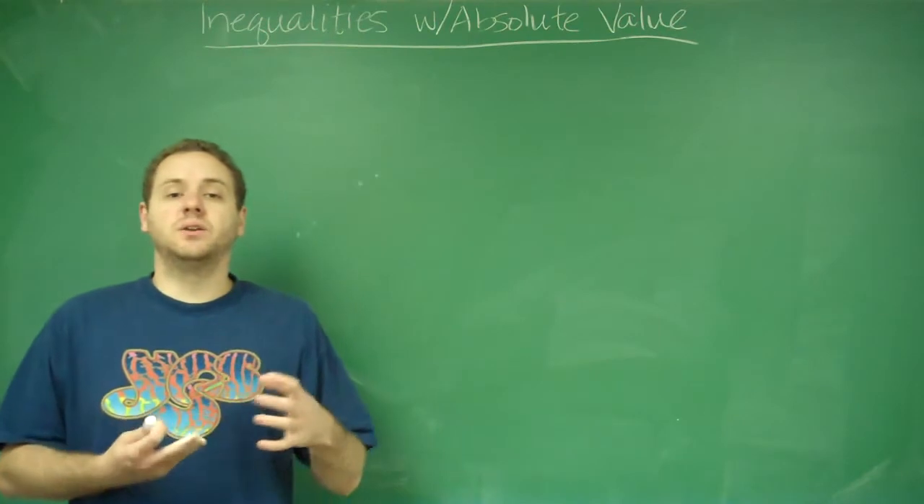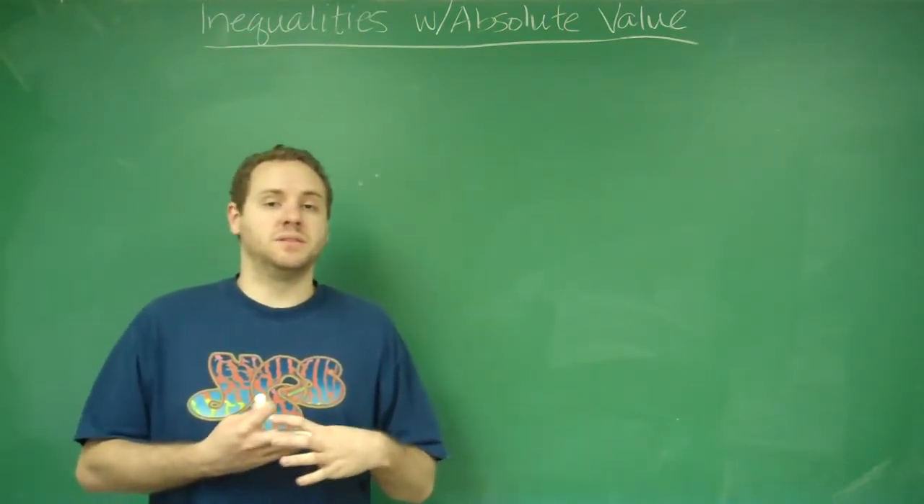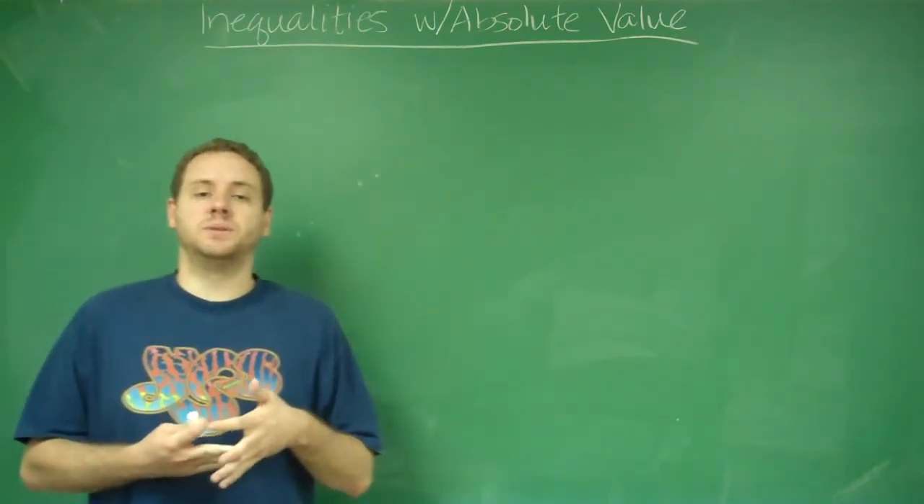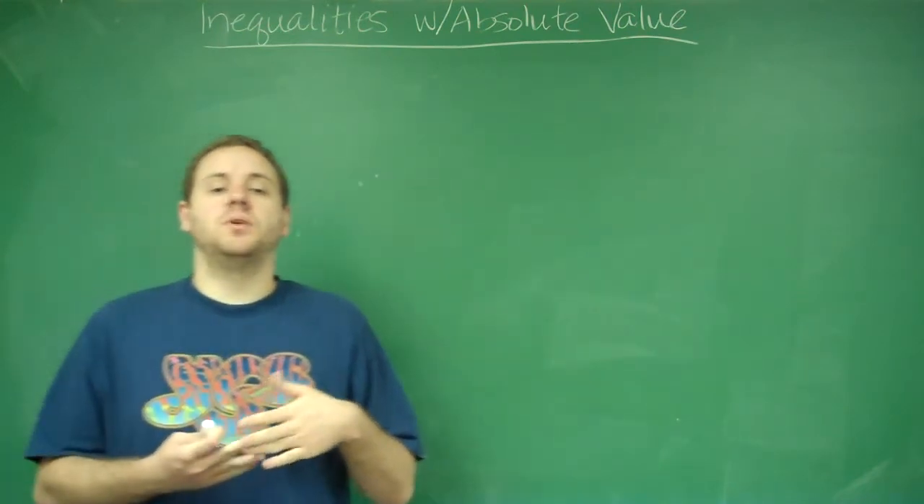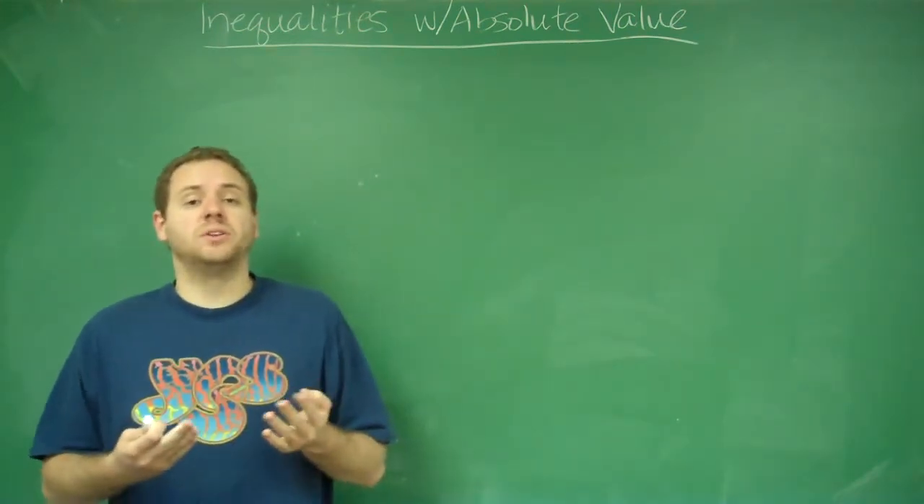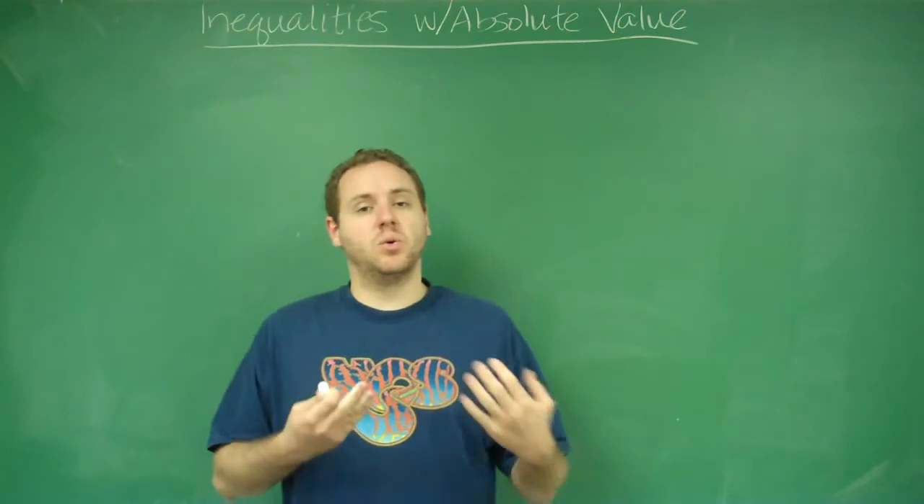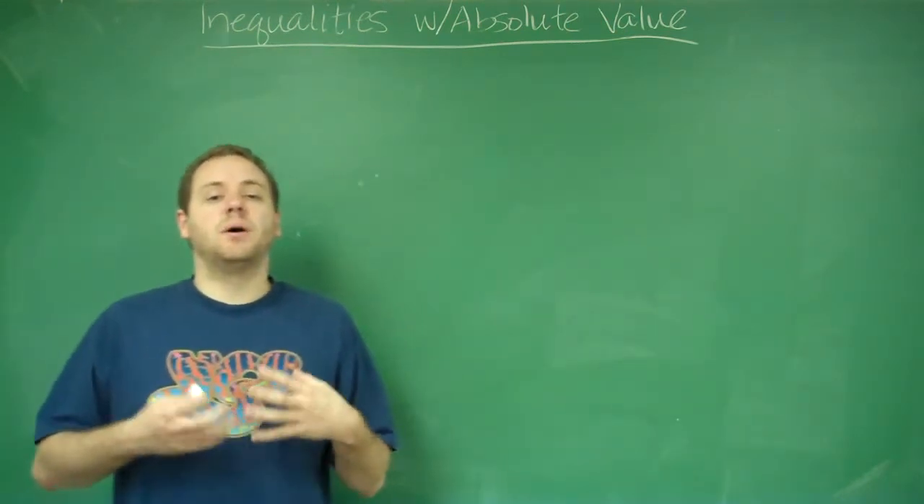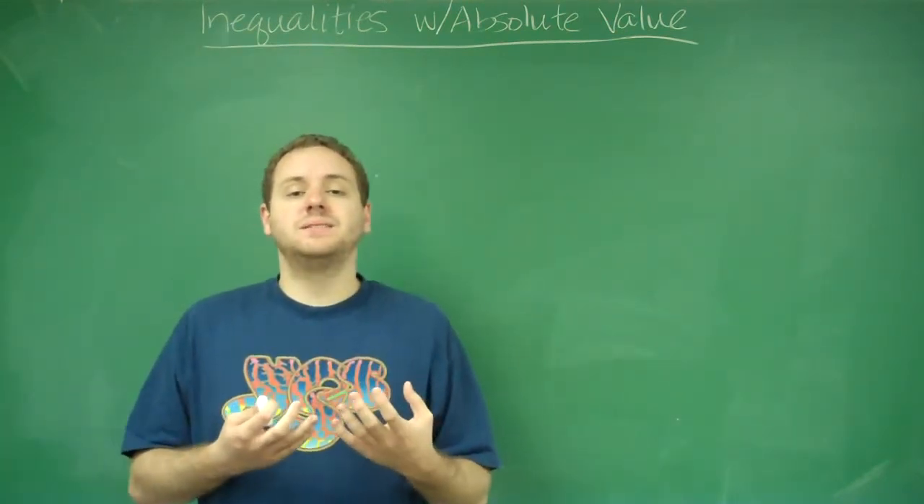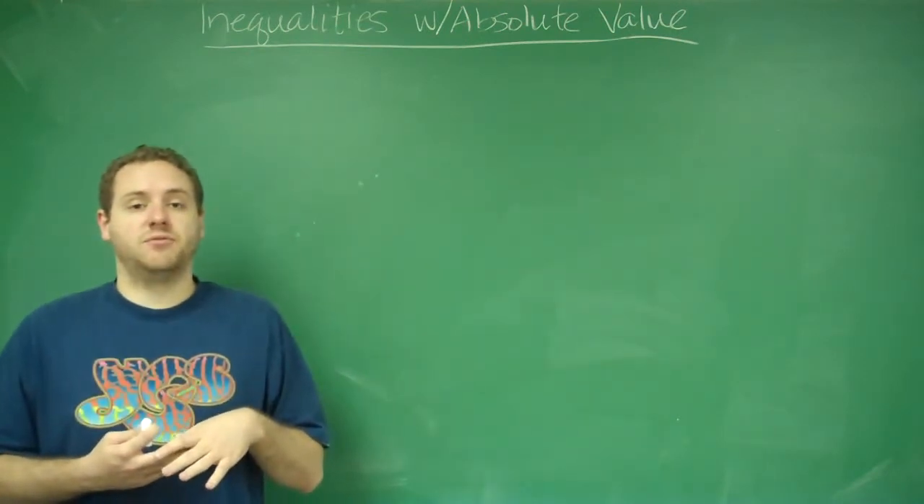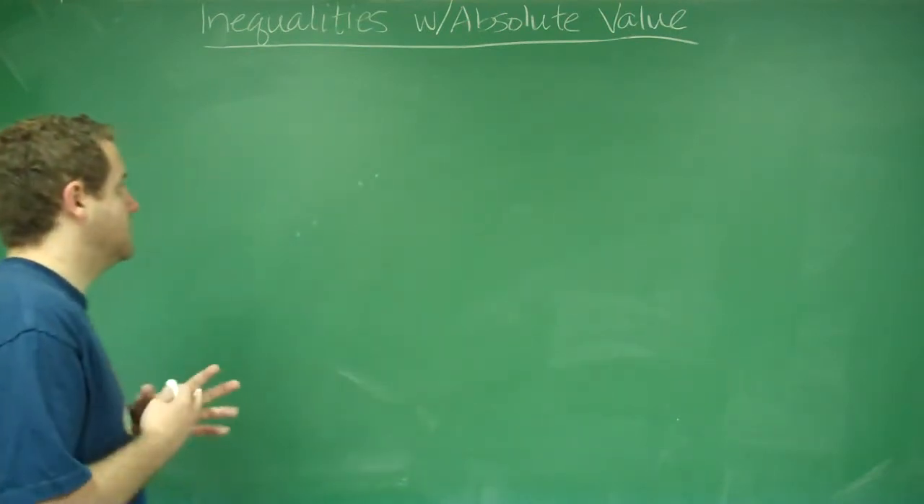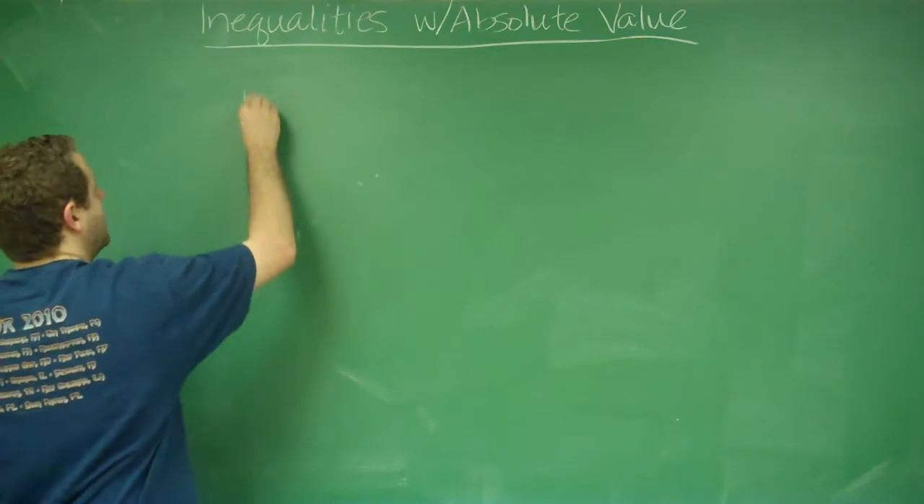Sometimes you're going to encounter inequality problems that have absolute values in them, and these need to be treated a little bit differently. So when you have an absolute value in an inequality, just like if you had an absolute value in an equation, you really are talking about two separate pieces that combine to form your entire function. So let's, for example, say we had something